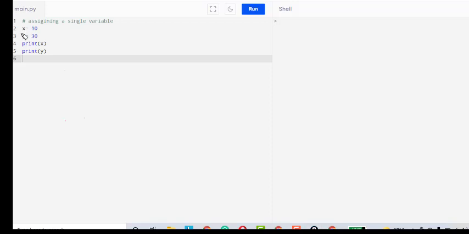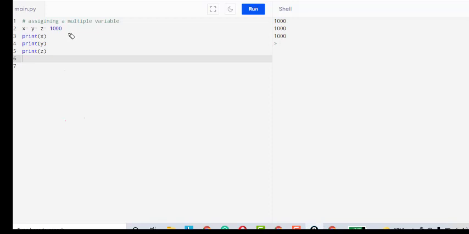Next, x equal to 10. This is a single variable, x assigned 10. y equal to 30, another single variable assigned 30. Now print these variables individually, print of x and print of y. The output for print of x is 10 and for print of y is 30.